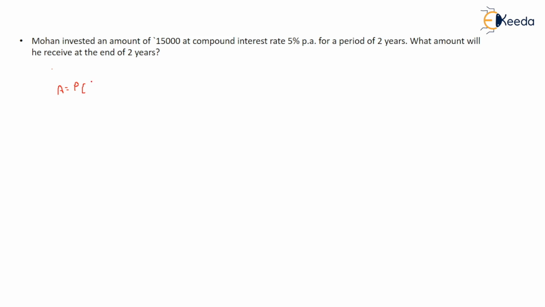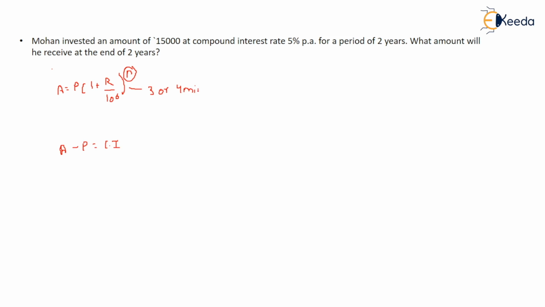That is P(1 + R/100)^n. This formula you might have learned in your 8th or 9th standard. Then from the amount, whatever you get, you subtract the principal to get compound interest. Very long method, right? And suppose this n becomes 3 years or 4 years, then in order to do the calculation you will surely take 3 or 4 minutes.